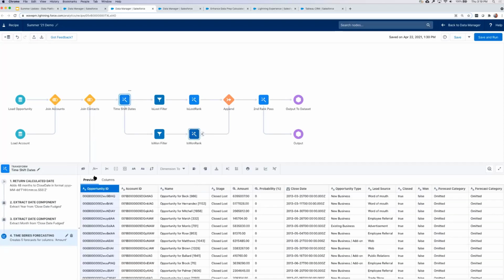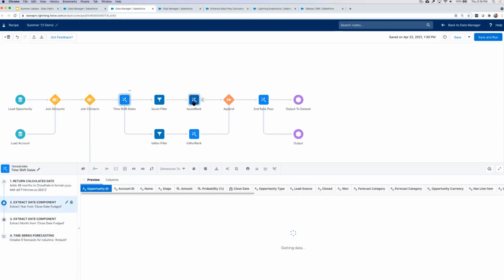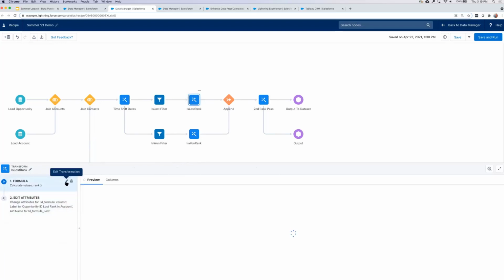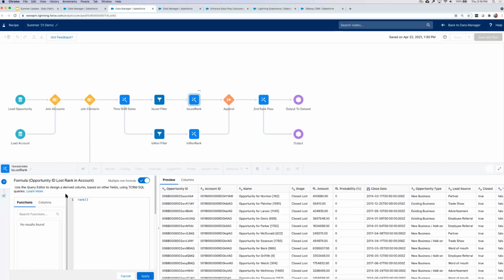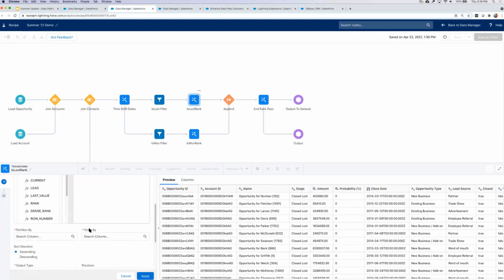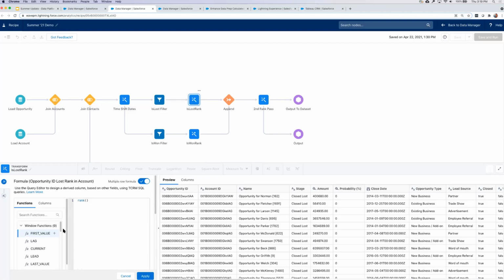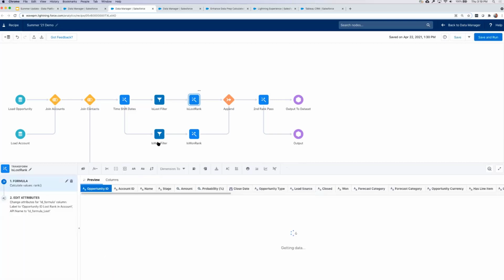Awesome. Yeah, and I think we covered this last time. What I'm doing here is I am using some window functions that now have been available since the spring release. So in this case, I'm just creating a rank of opportunities by account. So my partitioning is on the account field, and then